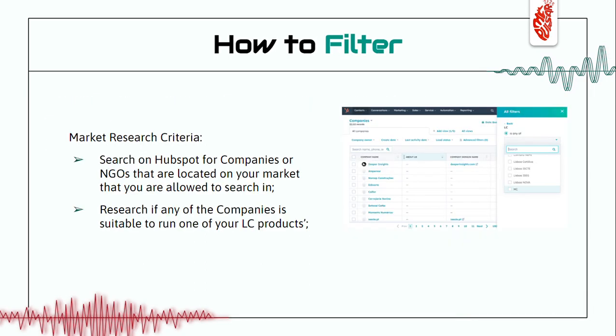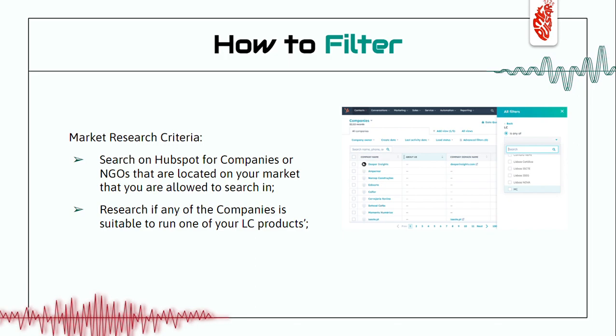And talking about how to filter, you know that we use HubSpot as our CRM to manage our partners overall. So when you open the company site, you will see all the companies. So you should use a filter. In the filter, you choose an LC, and you choose your LC to know which are the companies or which are the NGOs that you're allowed to approach and to contact overall. And it will give you accessibility to see them all. And then you need to go through that list to see which are the most suitable companies or NGOs, opportunity providers overall, that you are allowed to approach and to contact